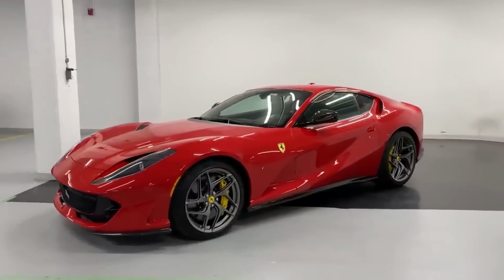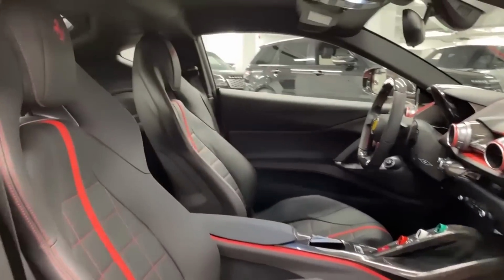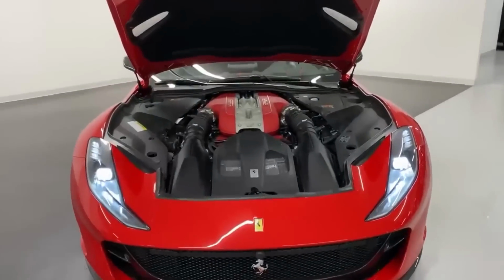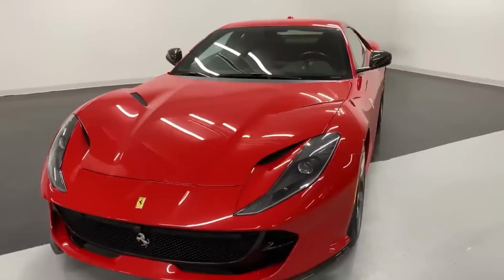Adding another supercar to Gunna's possession would be none other than the Ferrari 812 Superfast. He splurged a $400,000 bill on it, and it is engineered to perfection, not only coming in a very fashionable design, but it also hits speeds to 212 miles an hour. This does make it the fastest car in Gunna's collection, although Gunna needed to add another sports car to his